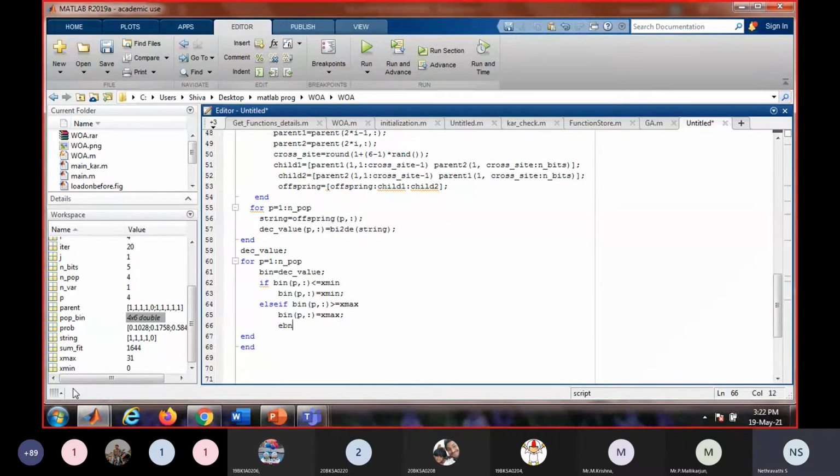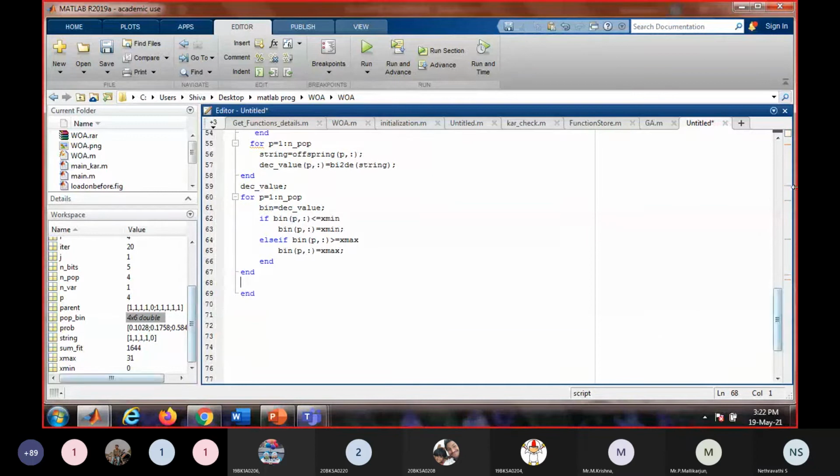Okay. And then again convert them into decimal value. Sorry, again calculate the fitness value.